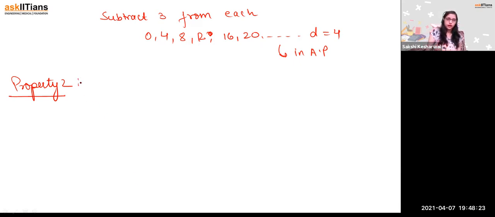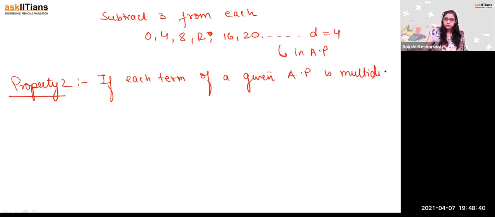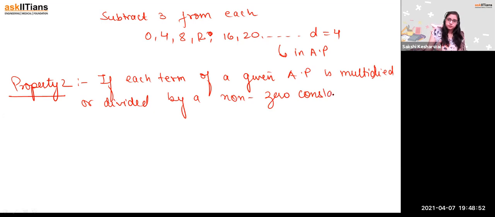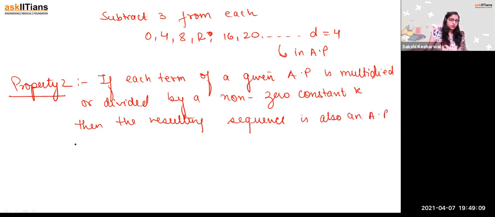So this is what the second property says: if each term of a given AP is multiplied or divided by a non-zero constant k, then the resulting sequence is also an AP with common difference of KD or D by K,